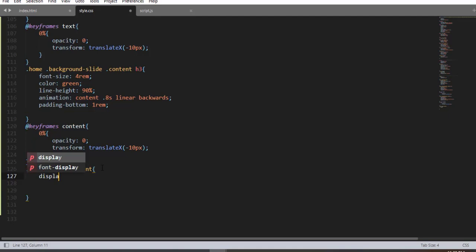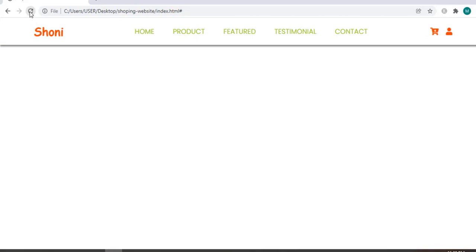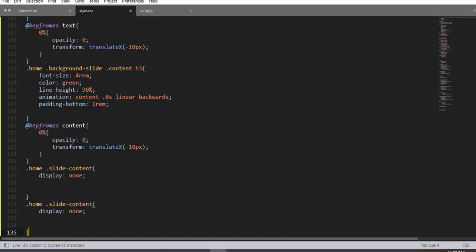So again, having this, first remove this active class selector and using slide content only, display none. So having this, when I save and refresh, here it is. The home